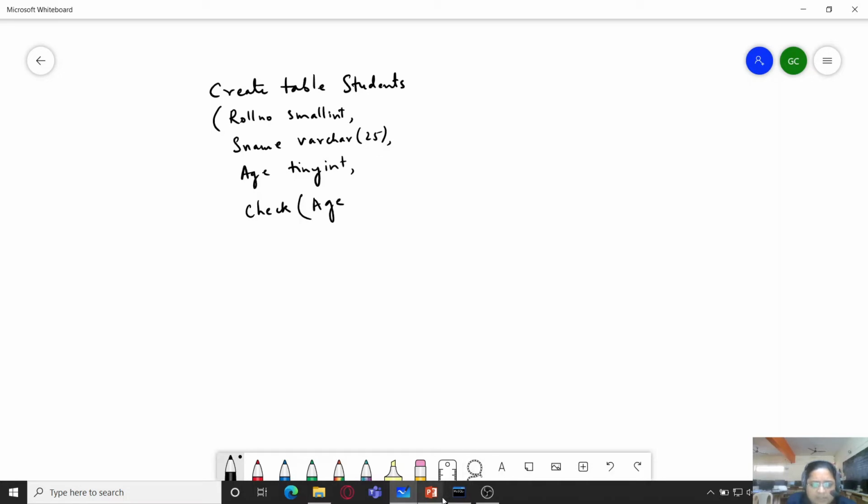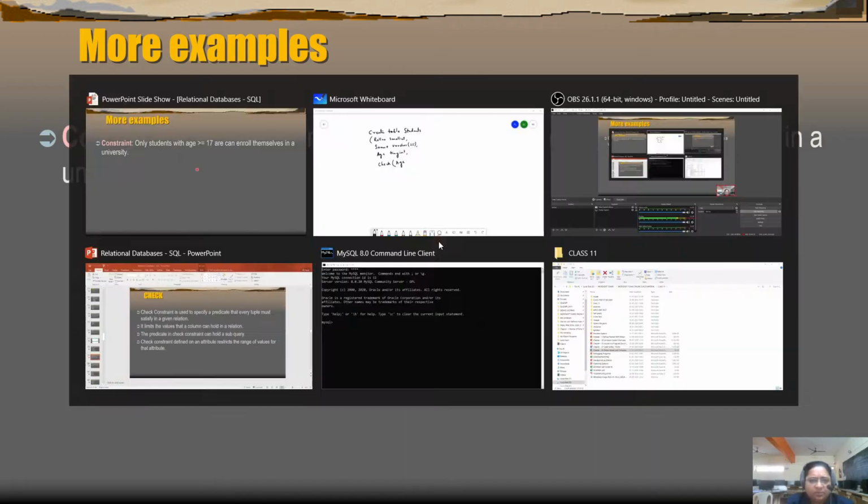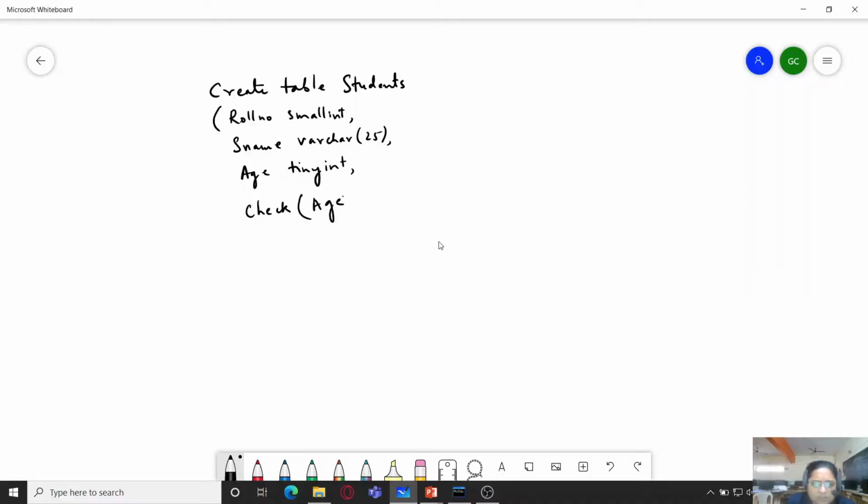Let us first see what the constraint is. Only students with age greater than or equal to 17 can enroll. So age should be greater than or equal to 17. So this is the check constraint which we have applied on the field age in the table student.